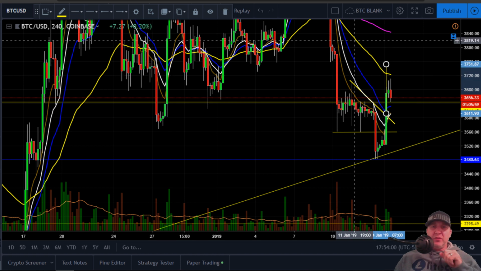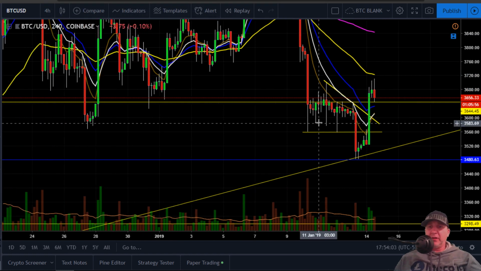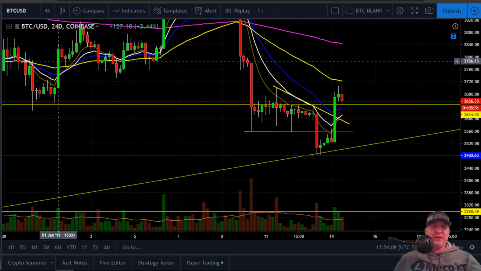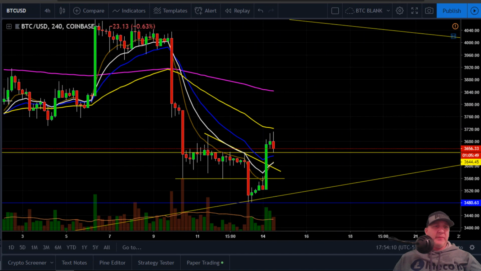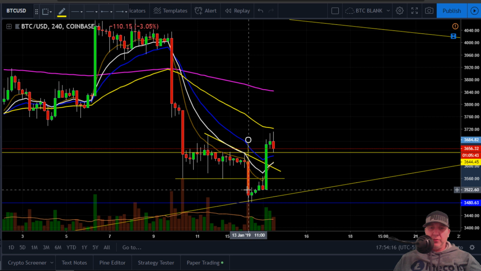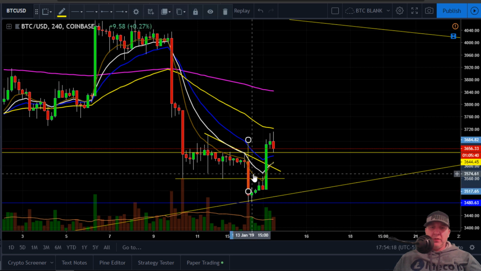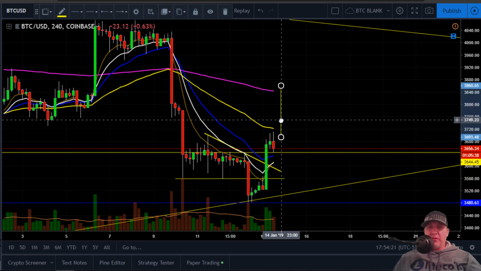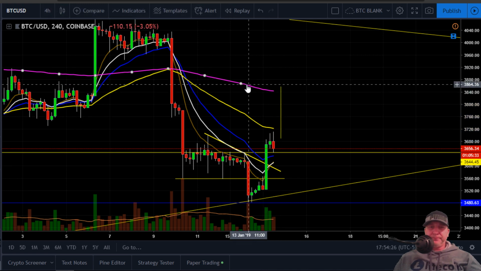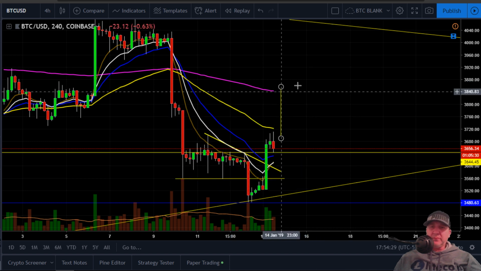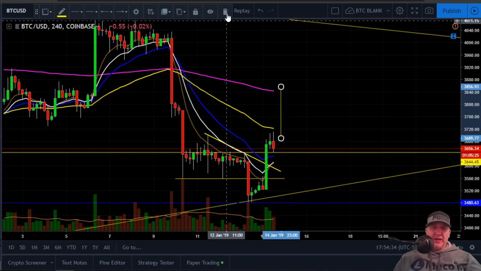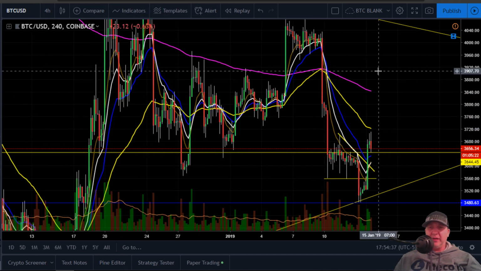But I honestly don't think that we're going to stop there. I think we're going to see a bigger move up. And I think if we measure this here as a flagpole, right there, say we break out up here, that's going to bring us around this 200 EMA in the 4 hour right there. And that's going to be around the 3850 range. And that's where I see us going back to, right around that range.